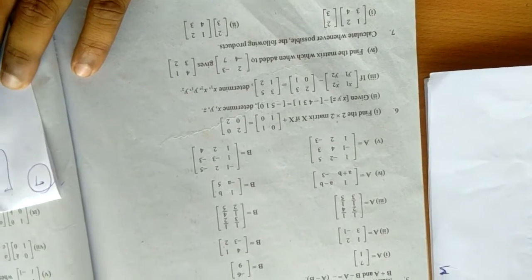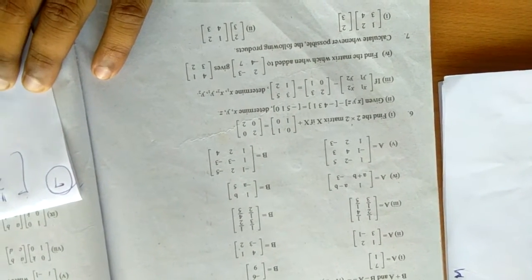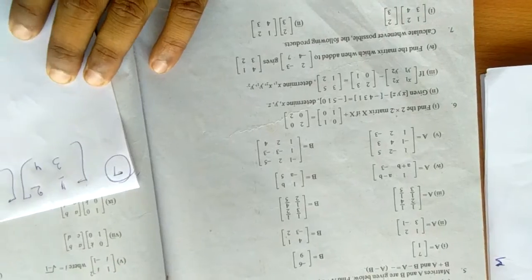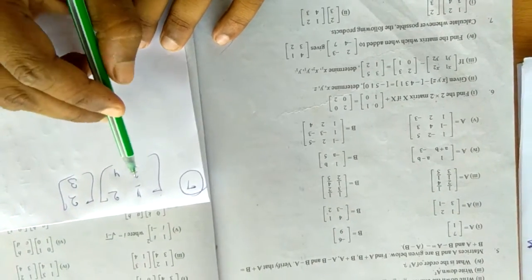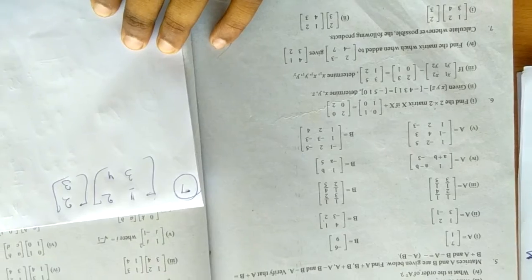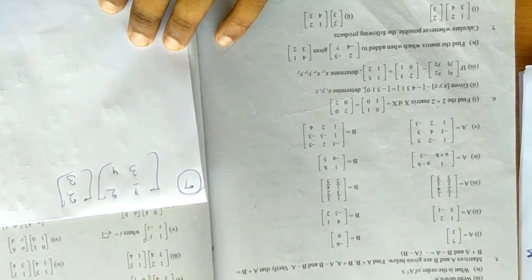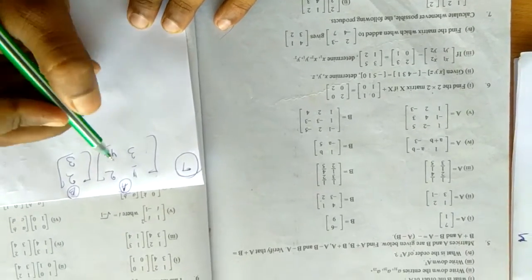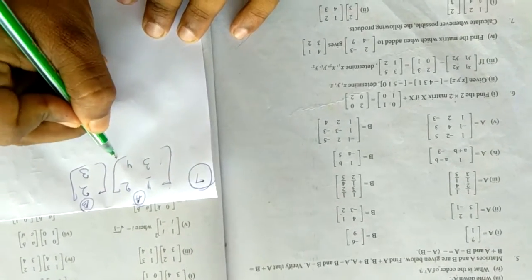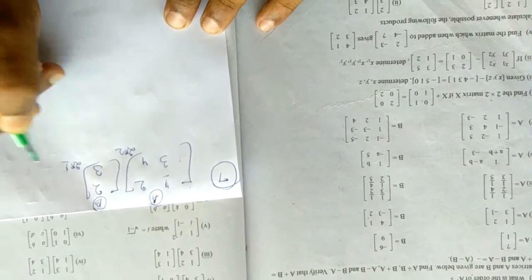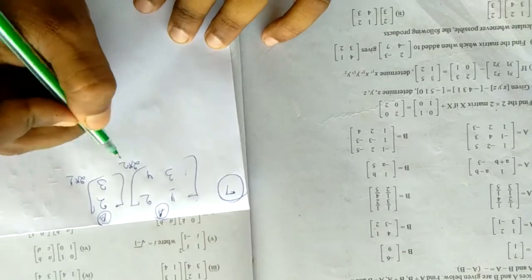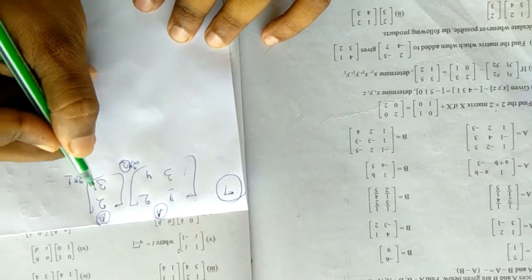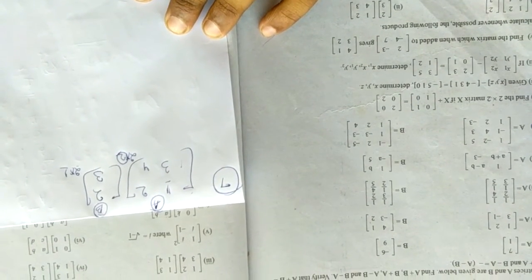Here 1 2 3 4. We can study the multiplication between two matrices. In this, to solve the multiplication, we can first check the order of the two matrices. This is the first matrix, like A, the second matrix like B. So the A matrix will be of order 2 by 2 and the B matrix of order 2 by 1. Our condition is that the first matrix's columns must equal the second matrix's rows number, then the matrix multiplication is possible, otherwise not possible.